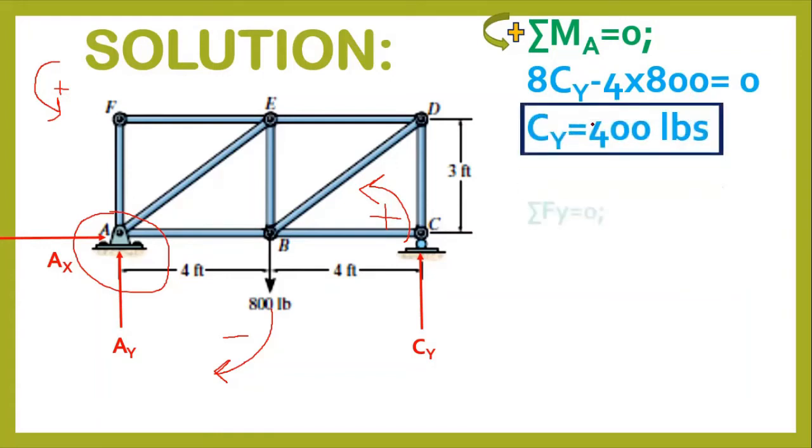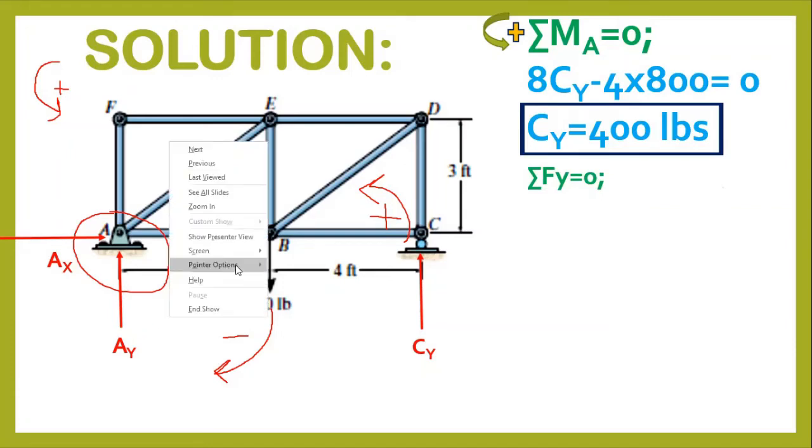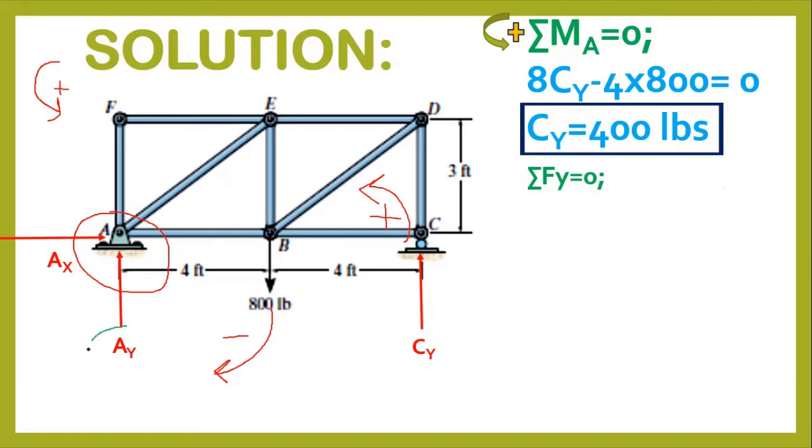You can see here. Now I'm moving to the sum of vertical forces. I am going to use equilibrium analysis again, and sum up vertical forces. So how can I sum up vertical forces here? There are 3 vertical forces here. Let me change the color of my pointer, and I'm taking the green pen, and this is AY and this is CY. Both are upward in direction, so upward vertical force should be positive.